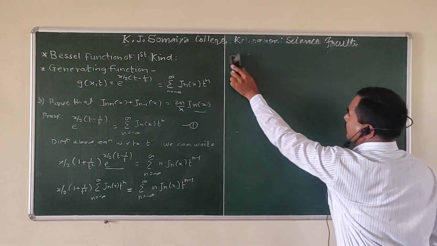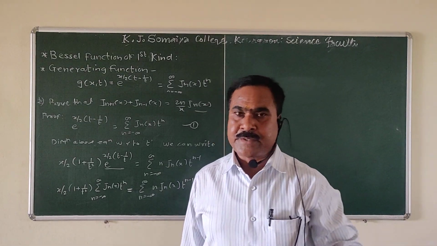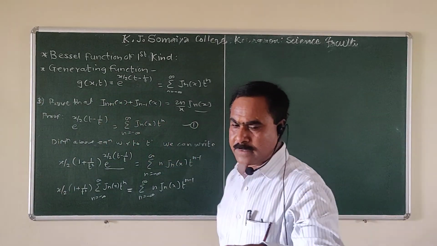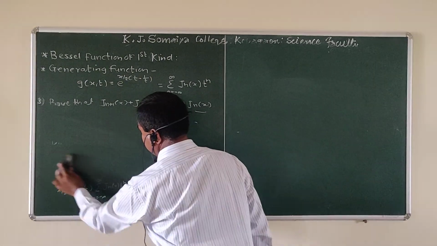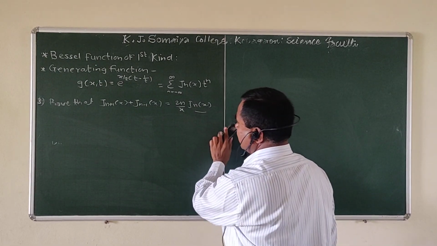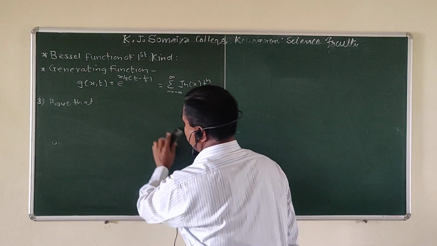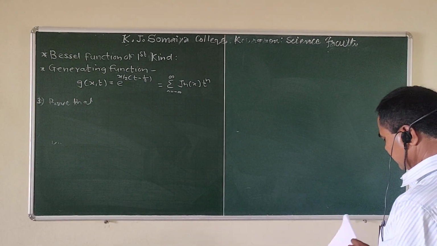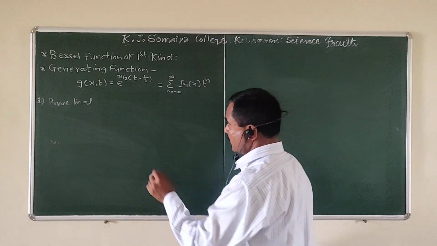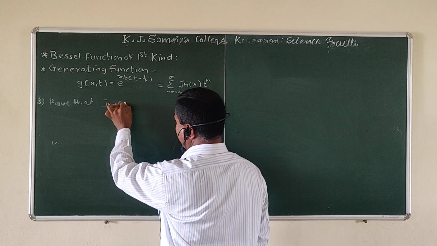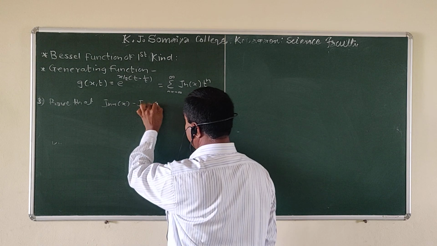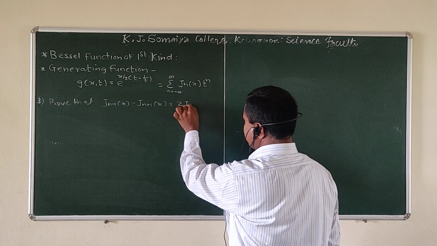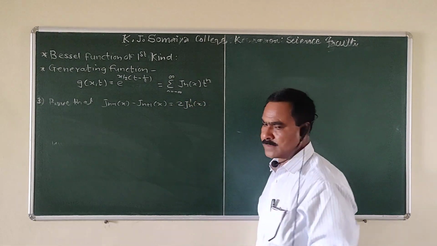Then we consider next the property third. Property third, and we have to write this property. Write property third: Jn minus 1 of x minus Jn plus 1 of x equal to twice Jn dash x. Okay, so